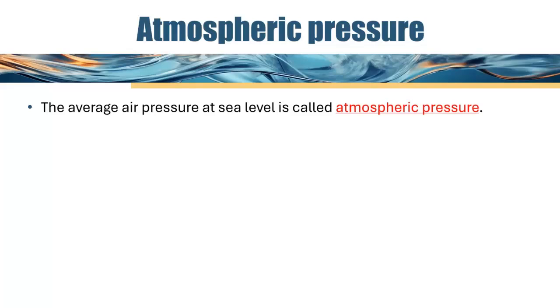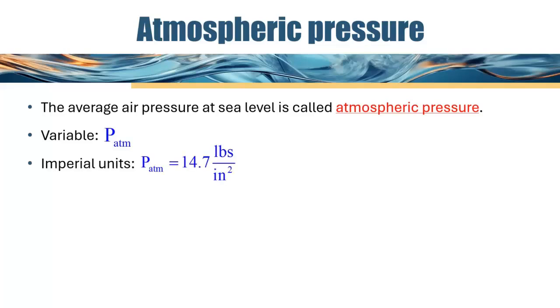The average pressure at sea level is called atmospheric pressure. And the variable for atmospheric pressure is capital P with a little ATM subscript. Let's look at the units. Let's look at the imperial units, the English units. Atmospheric pressure is 14.7 pounds per square inch, because I think this can help us better understand how much pressure